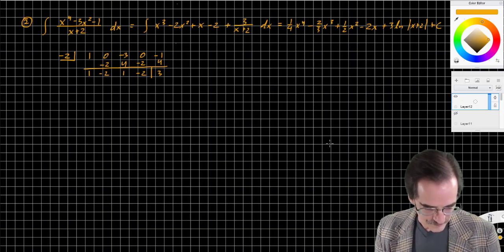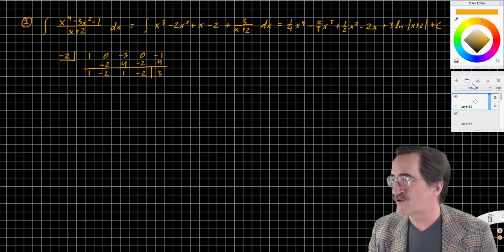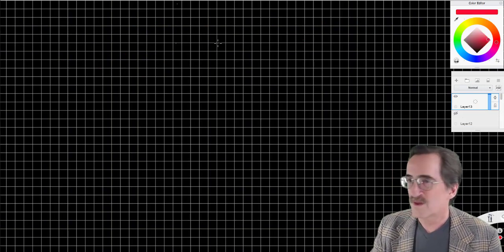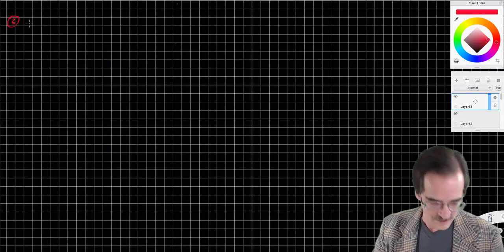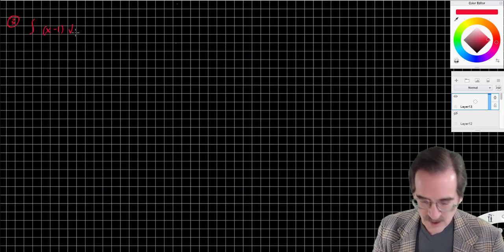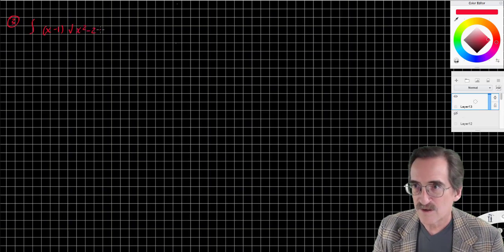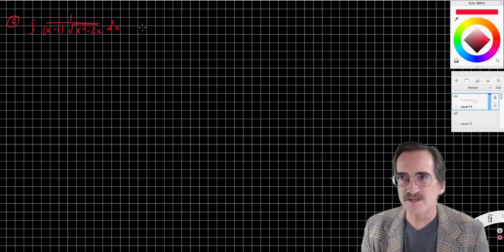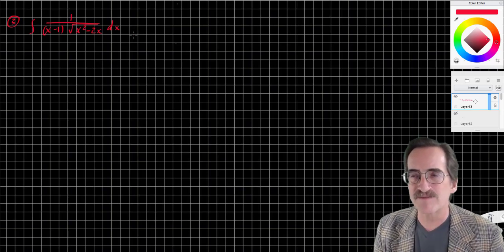That's number 2. All right, number 3. Number 3 is the integral of x minus 1 over the square root of x squared minus 2x, dx. Now what catches my eye about this one is it reminds me of